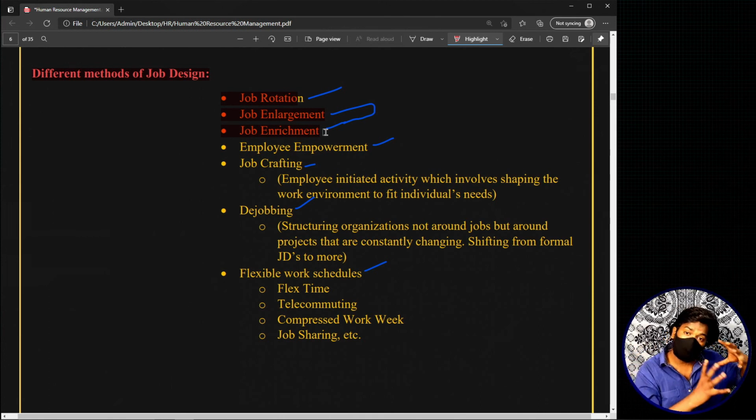Now we move to the concept of job enrichment. For example, in the organization there is an HR manager who takes care only of recruitment, basically everything related to recruitment. Now, if the organization calls this human resource manager and tells him, you have been looking after recruitment till now, but from now on, we are thinking to involve you in operations also. Apart from the human resource department, the organization is also thinking to involve this manager in operations.